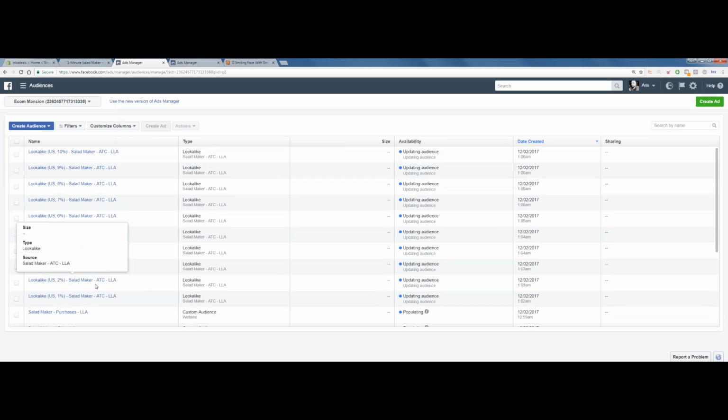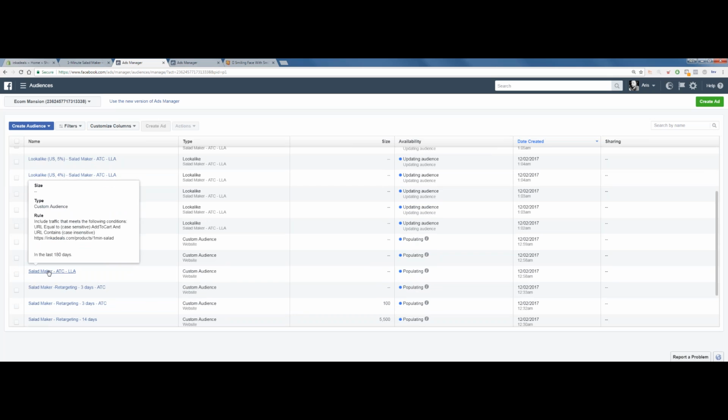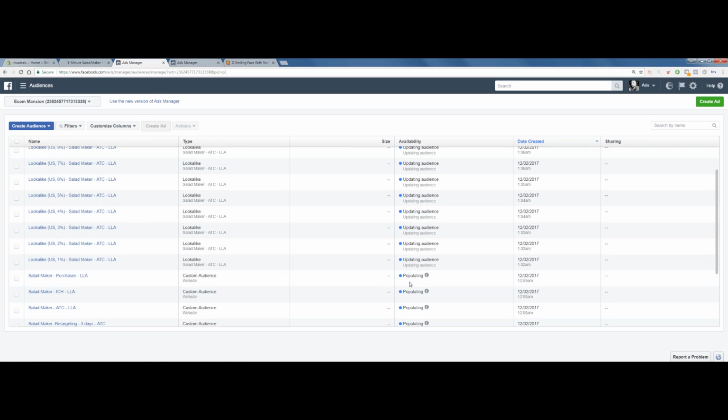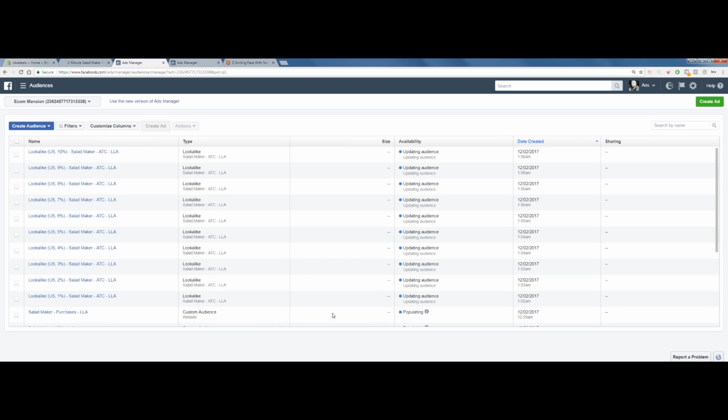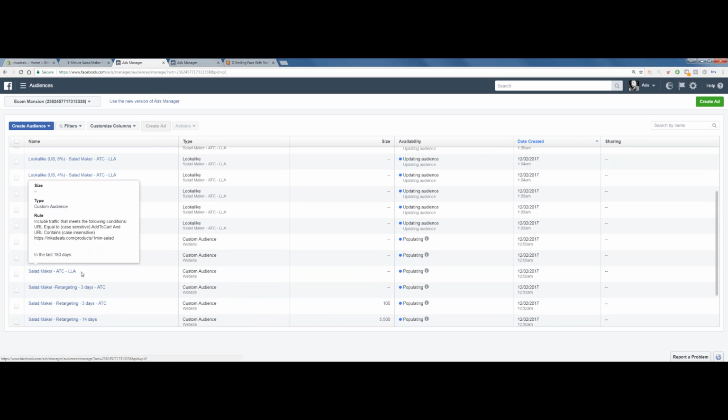All right, so we've built, now, what do we have? We've built 3 audiences. We identified 3 specific audiences: people in the last 180 days that have added to the cart, initiated checkout, and people that have purchased. It's populating. It could take a few minutes depending on the size of the traffic. It could take hours. Usually it would only take around 5 minutes. But we don't have any data for this because, well, we have add to carts actually.